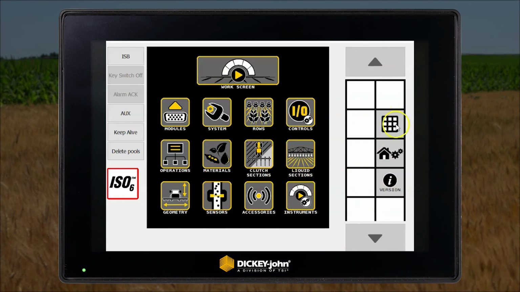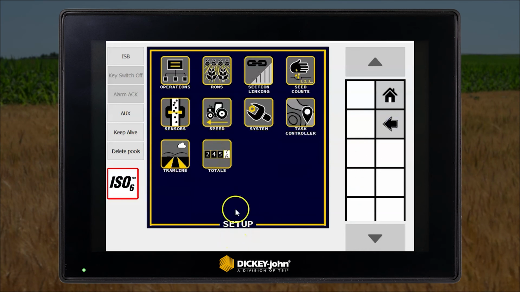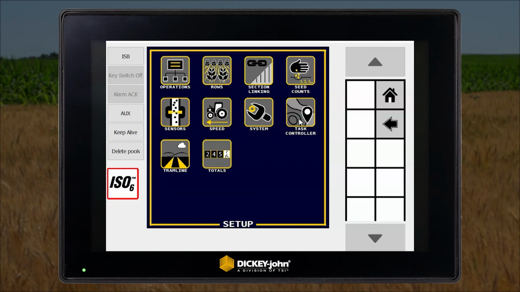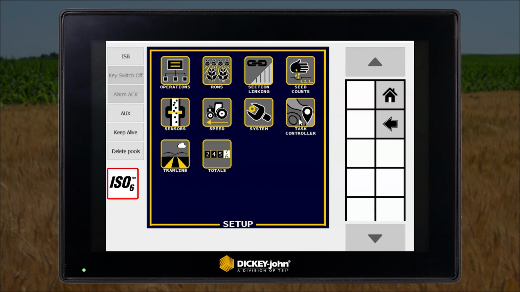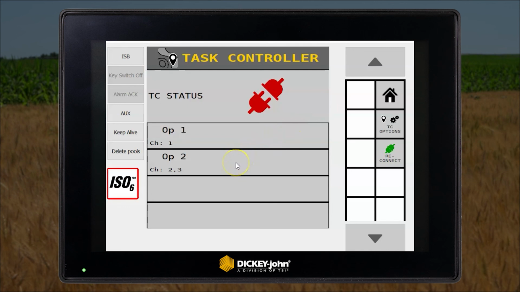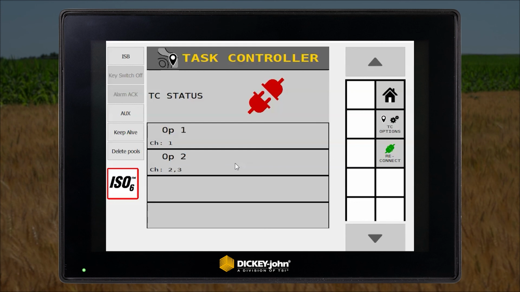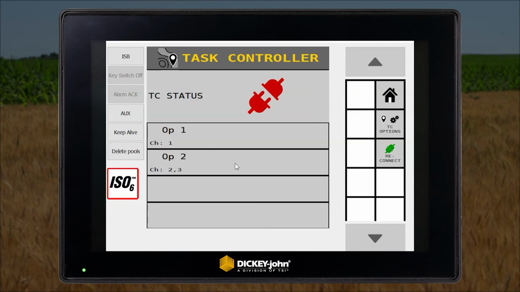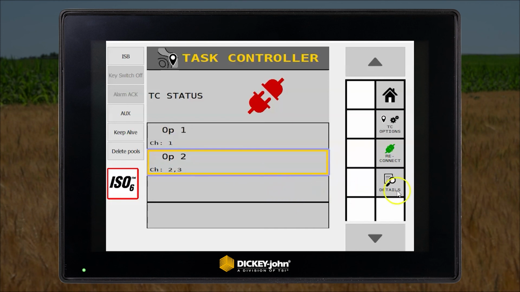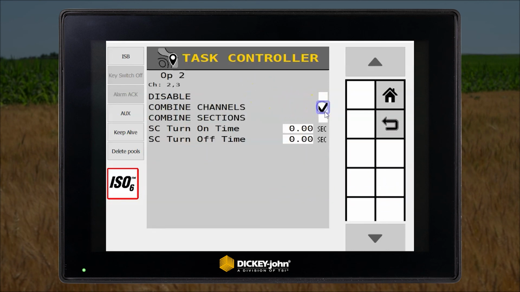One other item we should go through is the setup for the task controller. Some task controllers do not like channels in series, but the ISO6 can combine the channels and report them to the task controller not as products but as sections. So select the operation you would like to report as a section to the task controller, click details, and click the button which says